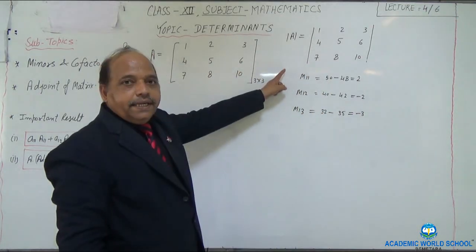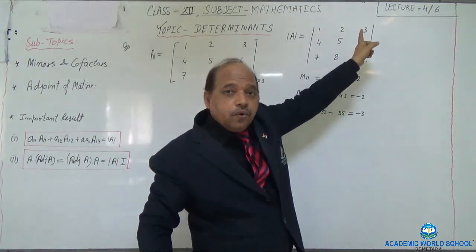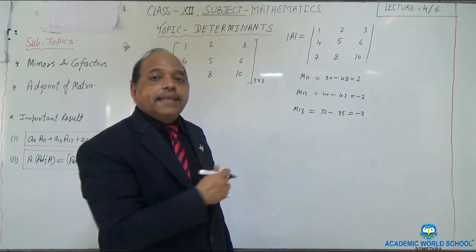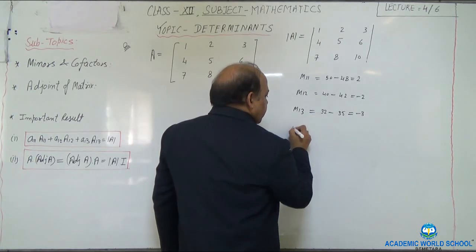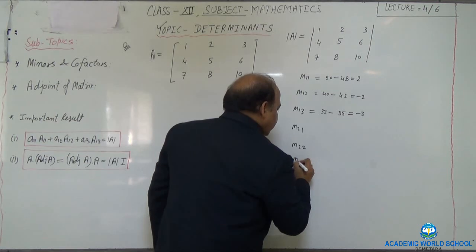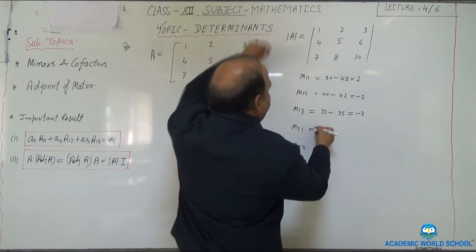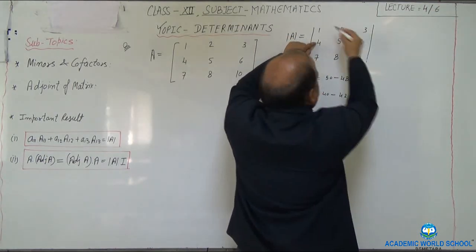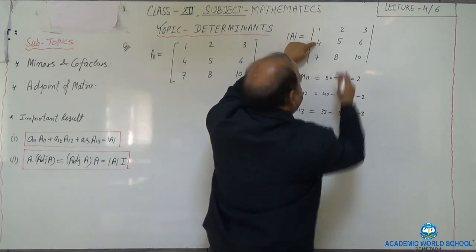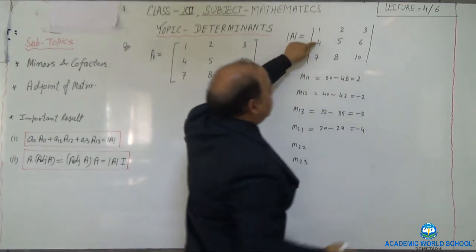So I have calculated minors of all elements which belong to the first row. Similarly, calculate for all elements which belong to the second row. So what will that be? M21, M22 and then M23. What will be M21? Look at this. M21 is this element, leave this part, leave this part. So 10 times 2 is 20 minus 8 times 3 is 24 and you are left with minus 4.